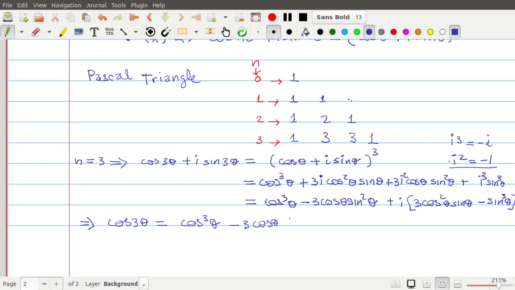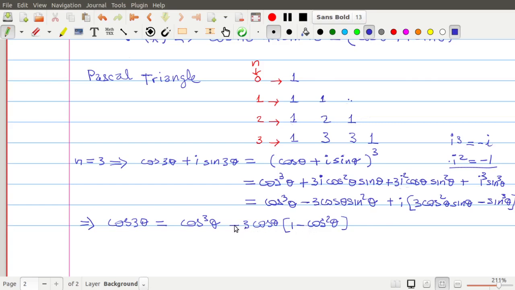Sine squared theta we can replace with 1 minus cosine squared theta. So everything is just in terms of cosine. So if we expand this,